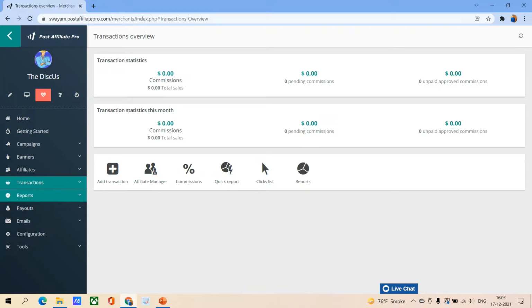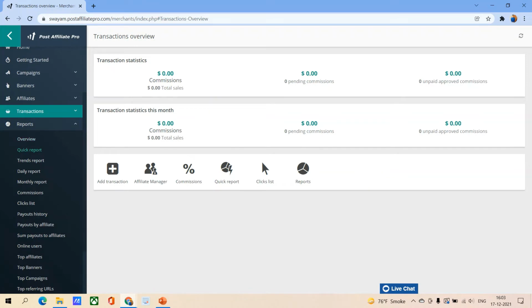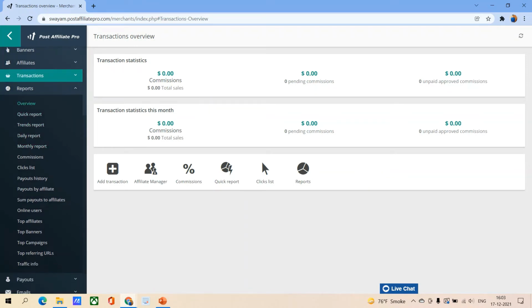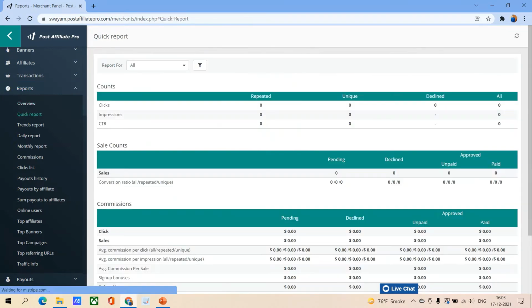Now the next thing, which I guess is the most crucial part for any businessman, is the analytics, or the reports. In this report section you get everything. Like you can just see a quick report, trends report, all the checklists, your commissions, payout histories, invoices, payouts by affiliates, everything. So if you just click on quick report,